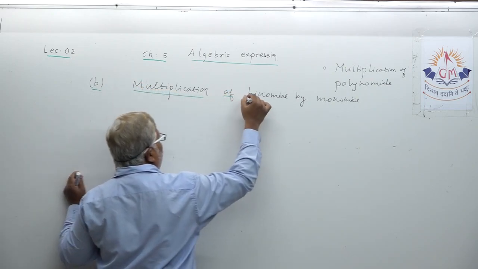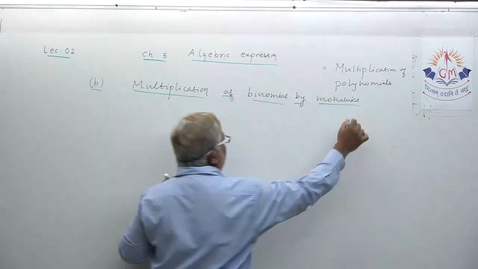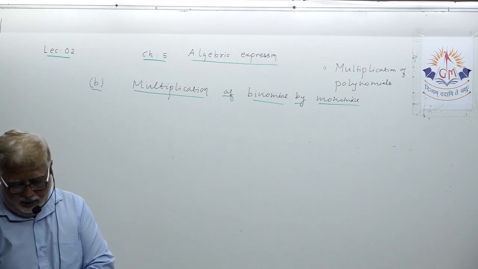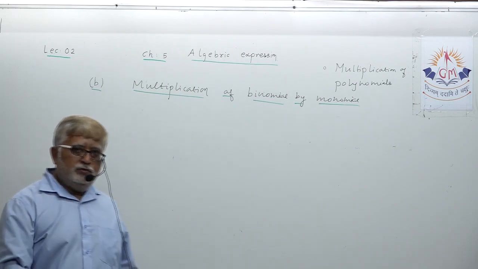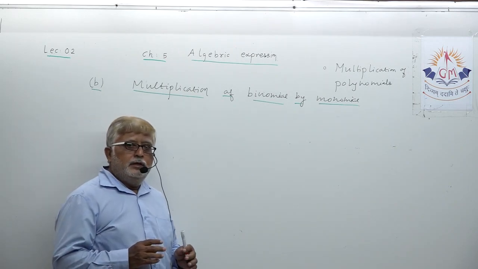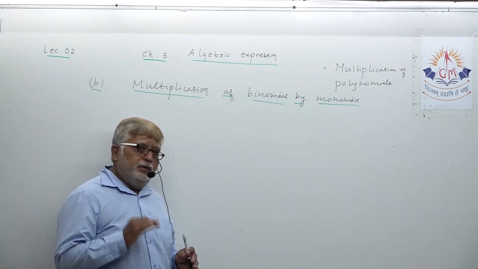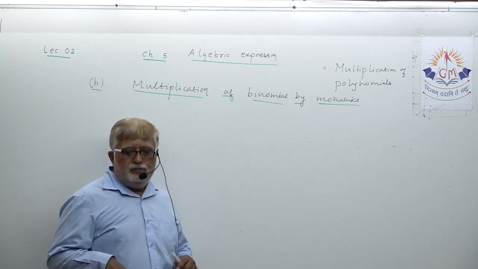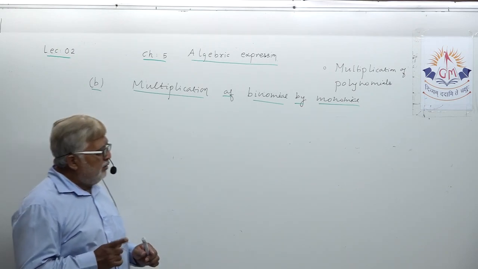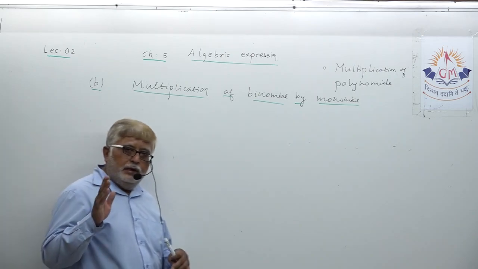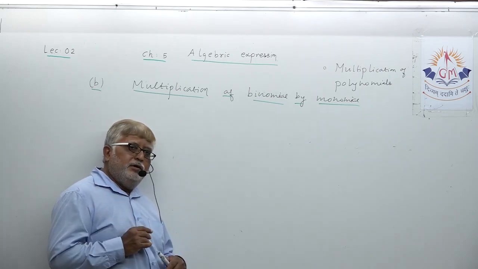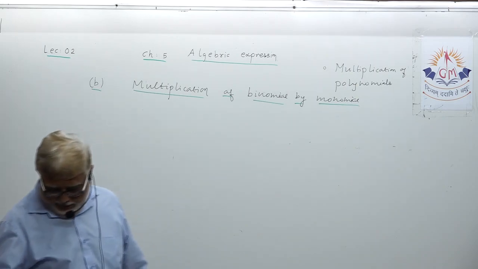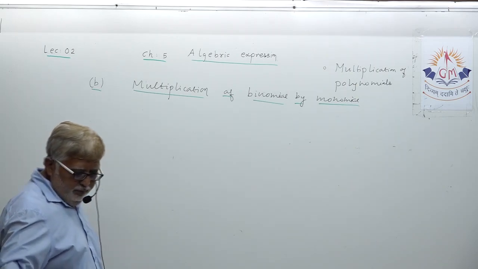And again, dear student, remind that concept in your mind. That's very important. How to multiply two monomials, because when you understand this topic of multiplication of binomial by monomial, that concept is going to be utilized. But remember one thing, only similar variables can be multiplied. Make this concept very clear. Let us take one example first.